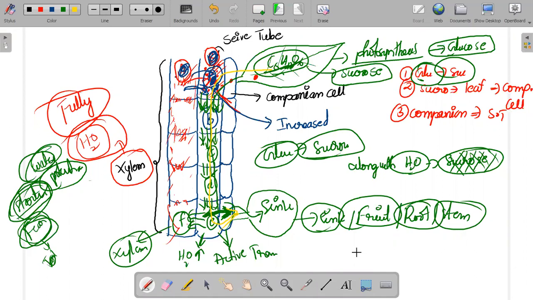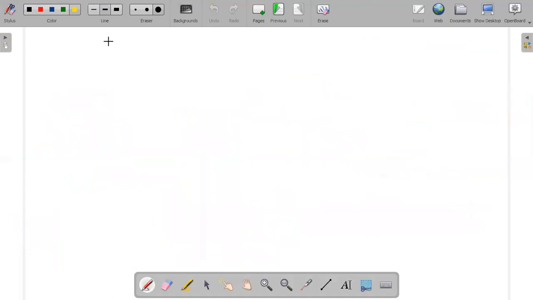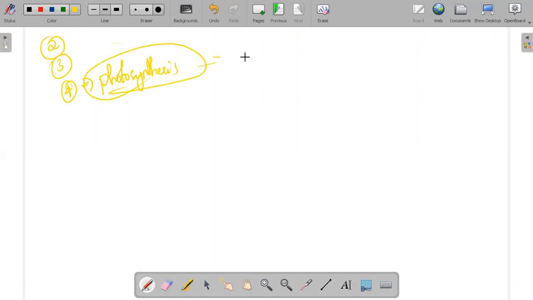I'll try to give clarification to the doubts tomorrow. For your information, tomorrow I'm going to start a new unit. I'm not going to start the second or third, I'm directly going to start the fourth unit, one of the highly important units, called photosynthesis. To complete photosynthesis will take about 1.5 weeks. Today many people didn't attend, so try to ask your friends to definitely come tomorrow.